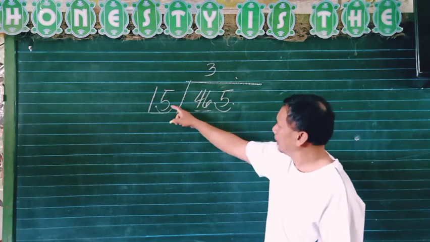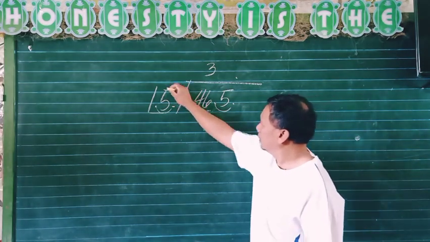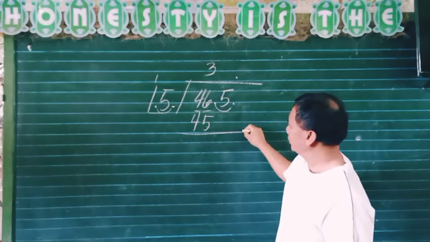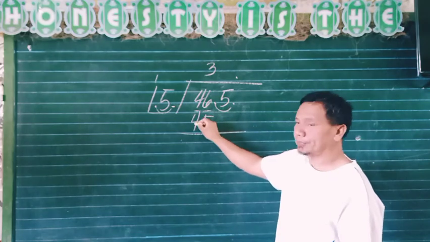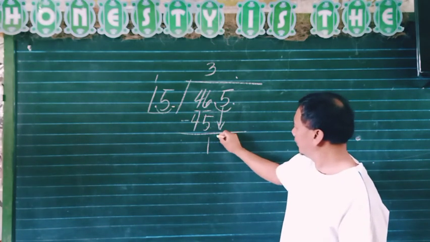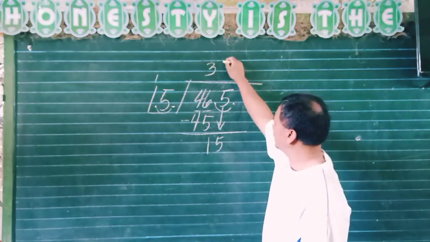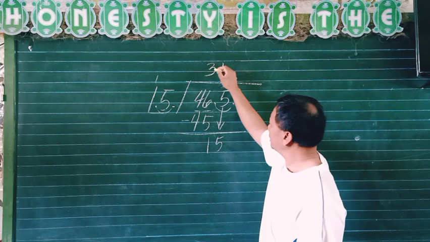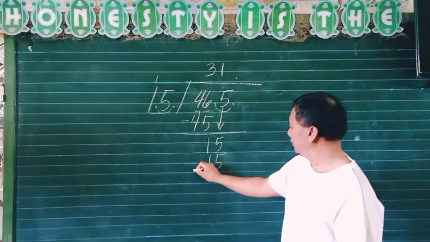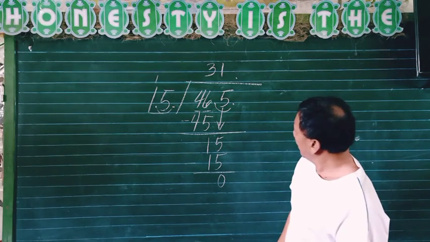So 3 times 5, 15. Okay, 1, and 3 times 1, 3 plus 1 equals 4. So subtract now 46 minus 45 equals 1. And then bring down 5. So 15 divided by 15 equals 1. So 1 times 15 equals 15. And 15 minus 15 equals 0. So our answer now